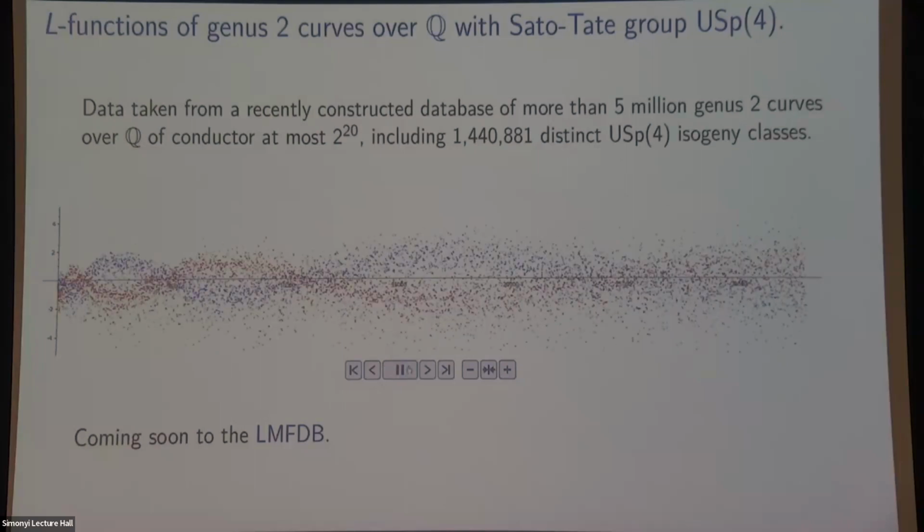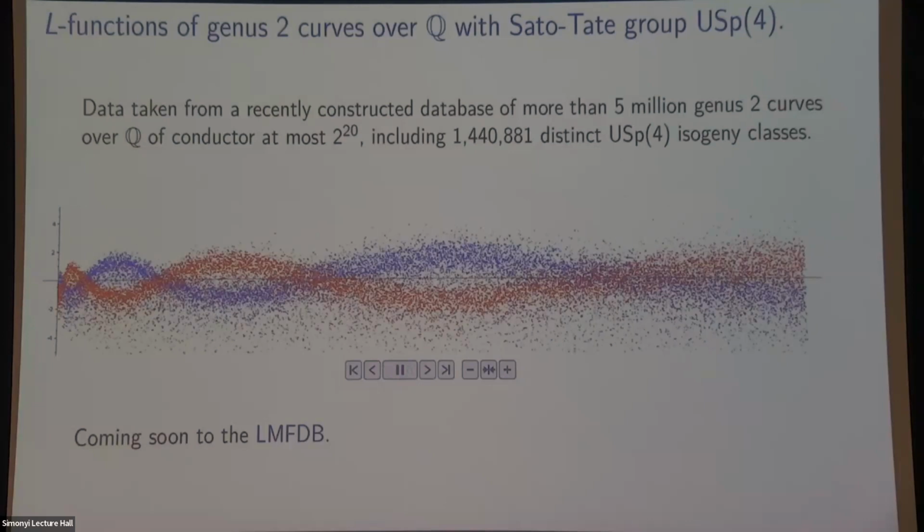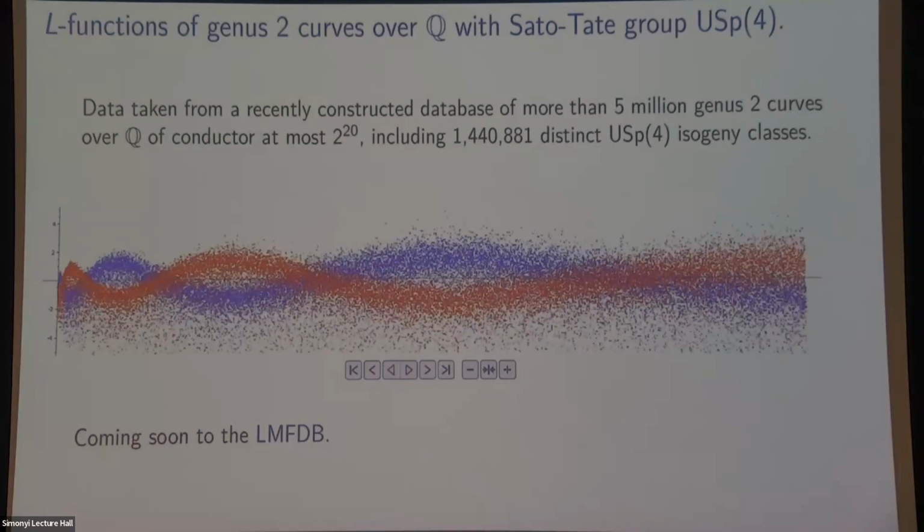And so here I'm running exactly the experiment I ran for elliptic curves, with one caveat: I can't prove completeness here. In fact, I can tell you it's not complete. There are definitely abelian surfaces we're missing, but we've put a lot of effort into finding these, so I'm fairly confident we have most of them. So I wouldn't expect the pictures to change. And we certainly have enough to make the murmurations very clear, although the pattern is quite different from what you see for elliptic curves. We also see the same sort of snow drifting down that we saw in the elliptic curve case. And this new data set will be added to the LMFDB later this year.